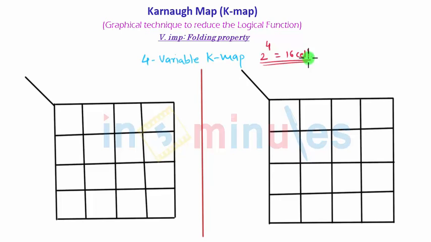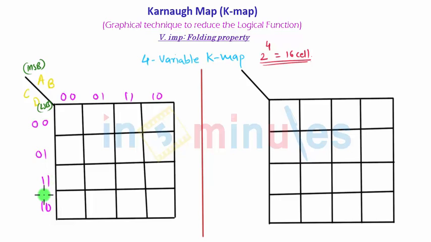Now let us say that A is the MSB and D is the LSB. So I will write down the MSB part A, B, C, D. Above A I will write down the MSB, D, LSB. Once again this can take 4 combinations for AB and 4 combinations for CD. So for AB it will be 0 0, 0 1, 1 0, 1 1. Once again make sure that you are writing the gray code while filling up the K-map. And for the CD the same structure will follow: 0 0, 0 1, 1 0, 1 1.